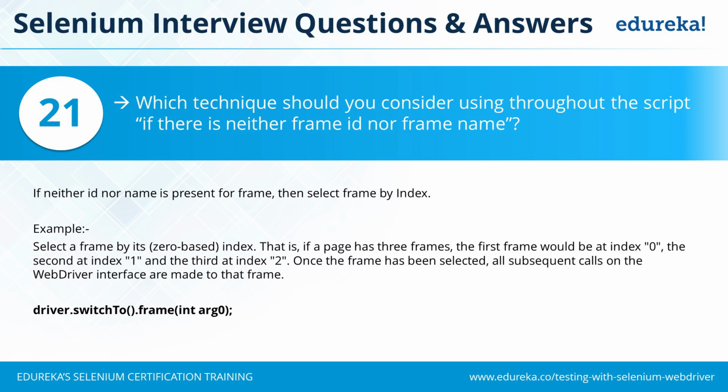And how does the indexing start? If you just go through the source code of the page, the first frame tag will have index 0. The second frame tag will have index 1. The third frame tag will have index 2. So that means if you start scrolling your page source from top to bottom, wherever you find an HTML frame tag, you can just start indexing it from 0. So for instance, the frame tag I want to go to comes at second position in the page source code. What I can do is just say switch to frame 1. That means it will switch to the exact frame where you want to find the next elements.